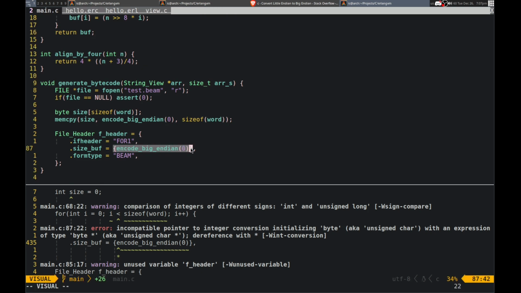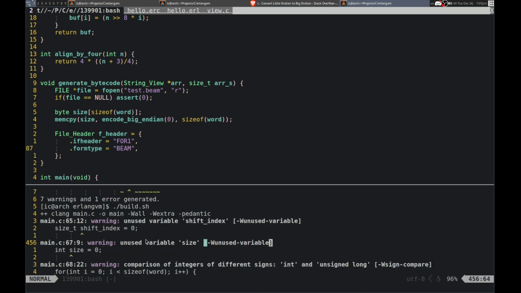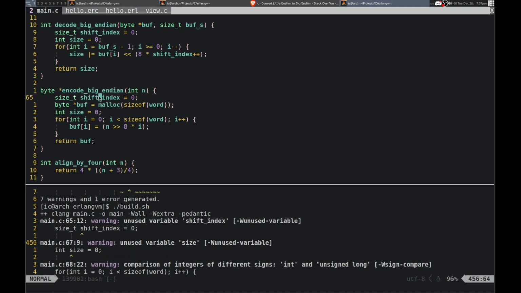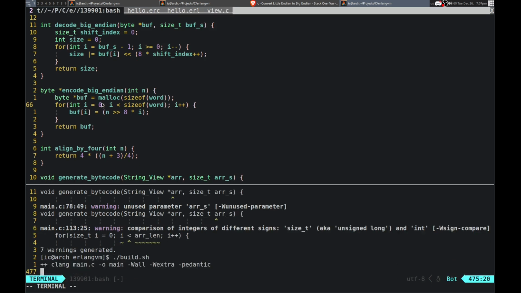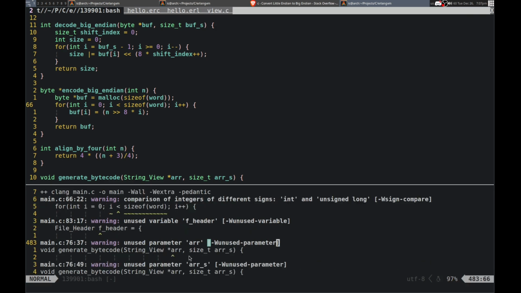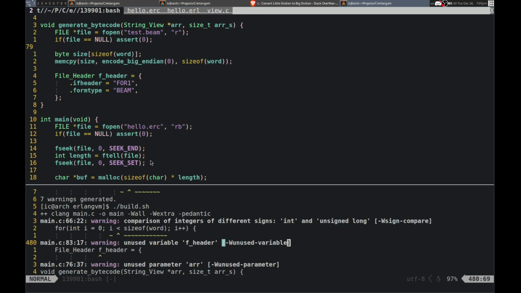Yeah, I can get rid of this. I'll just set it to nothing for now. Alright, unused variable, shift index, yeah, so we don't need that. Alright, so unused parameter. Alright, so that should all be fine.